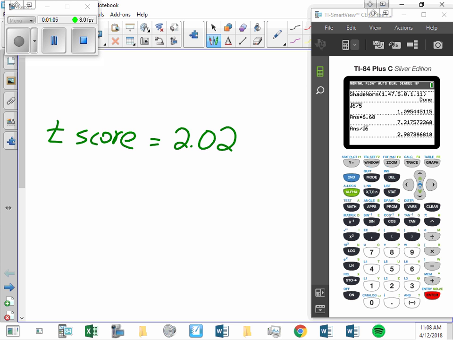My sample is very small. How big is my sample? 6. Okay. If your sample is smaller than 26, then you do a t-score, not a z-score. How do I know my sample is 6? My degrees of freedom is 5. So if my degrees of freedom is 5,